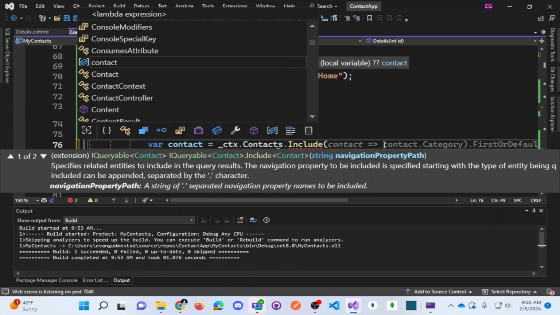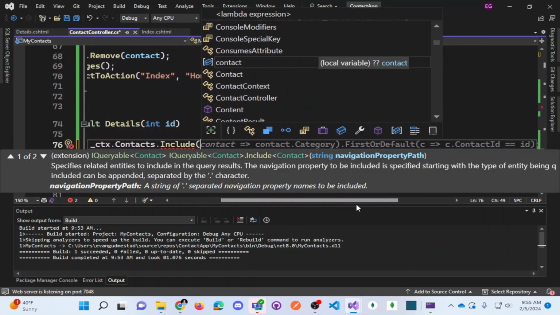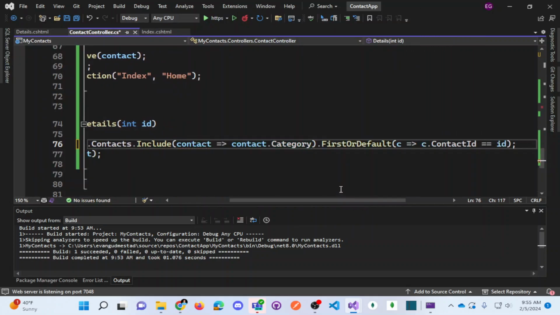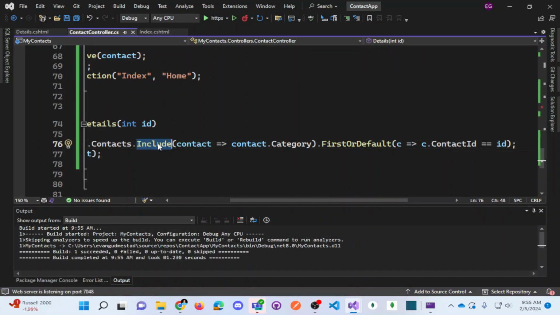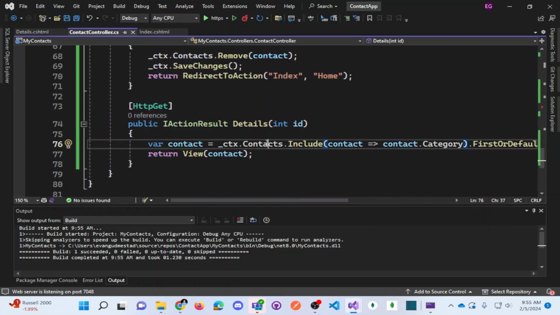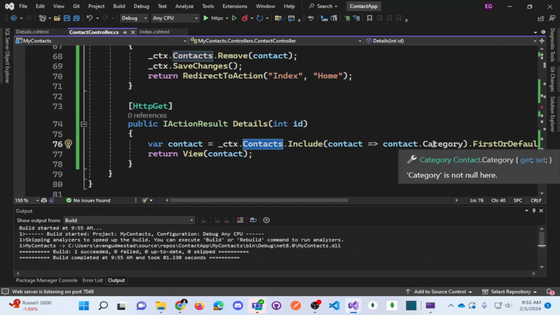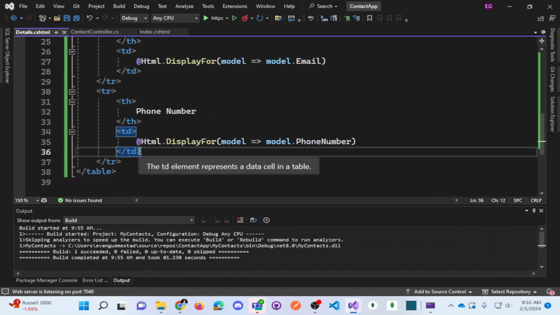There we go. Write this link query a little bit different. We'll hit link queries in more detail, but we're searching our contacts, including the category. First or default, the contact ID equals the ID. Okay, so now we have the category on our contact, which allows us to